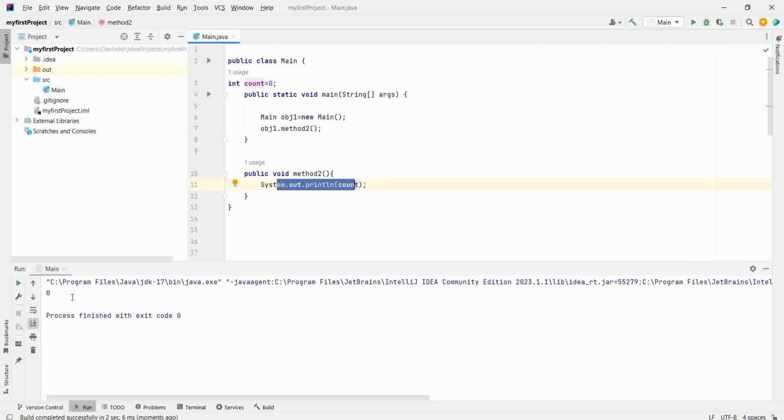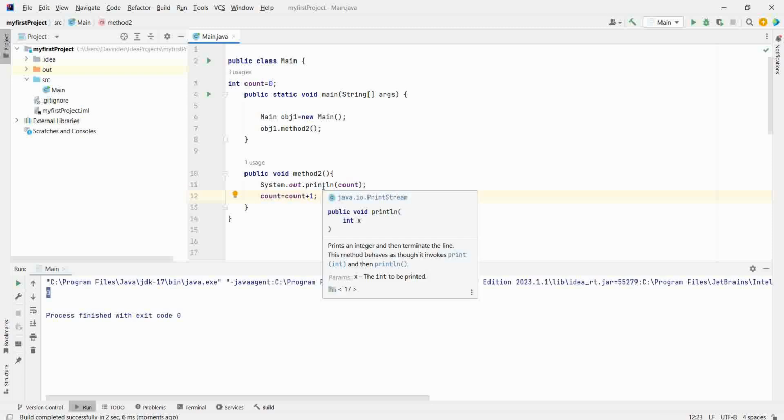Correct. Now I want to increase count by 1, which means count = count + 1. Previously my count was 0. Now I have written count = 0 + 1. My count will be 1.